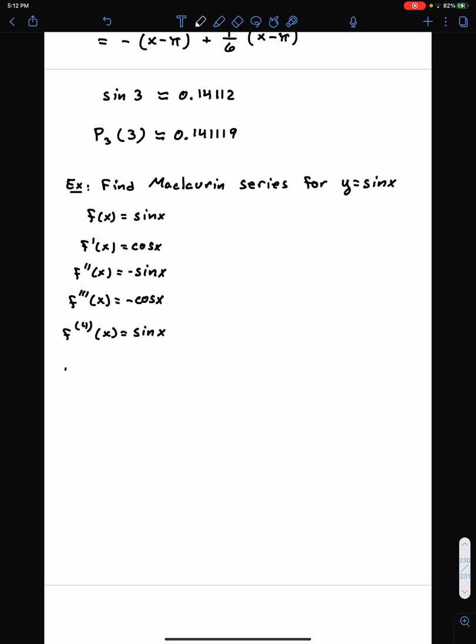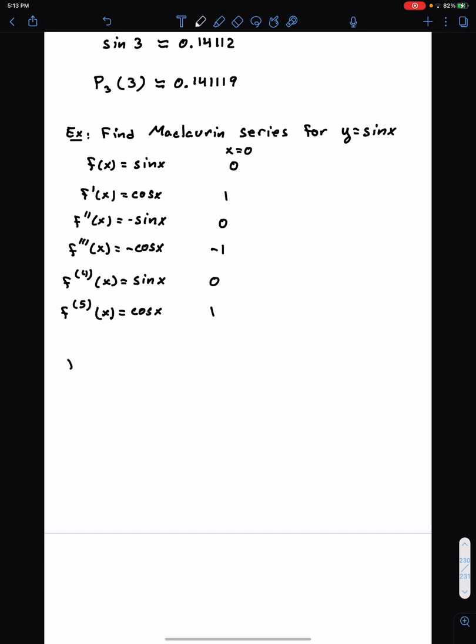And the fifth derivative is back to cosine x. At x equals 0, that's 0, that's 1, that's 0, that's negative 1, that's 0, that's 1. So the function can be written